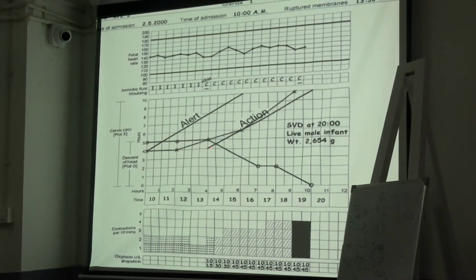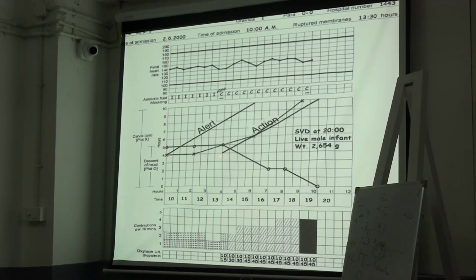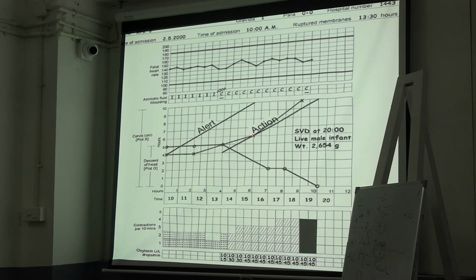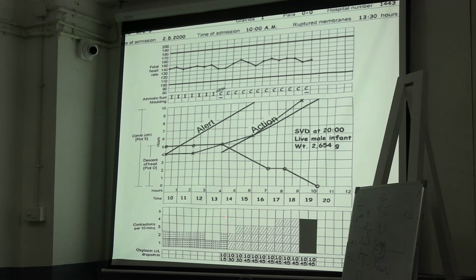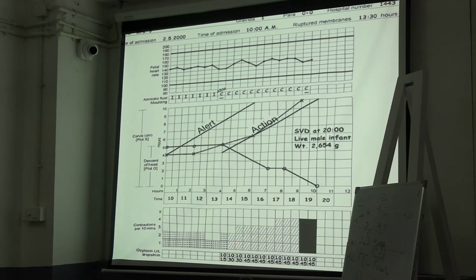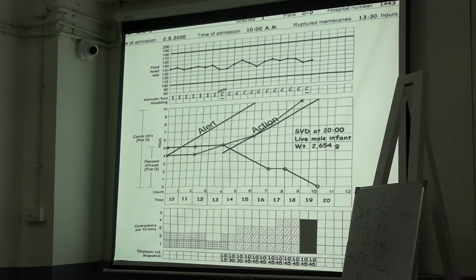What happened here? Here it was 4 centimeter. After 2 hours it was the same 4 centimeter. And after 1, 2, 3, 4 hours and 6 hours, how much was it after 6 hours? 6 centimeter. So what did we do? We started the oxytocin at 4 hours. Okay? Oxytocin started, so contraction increased. Here there was mild contraction, here it became moderate, here it became severe.